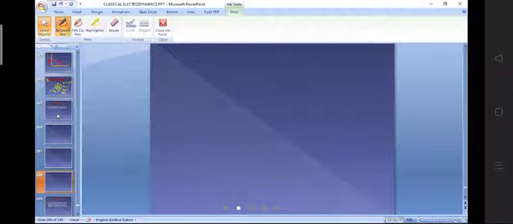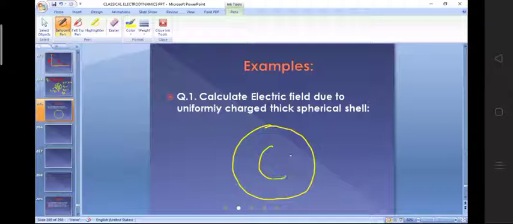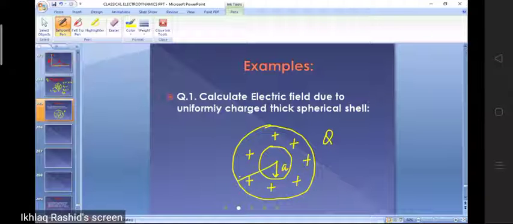Okay, so concentrate here. Now pay attention, beta. The exam problem is like this. This is a uniformly charged spherical shell. Like this it is. Fine. And hence here it's uniformly charged. Suppose the charge that is given to you is equal to Q, and the inner radius is given to you, equal to A, and the outer radius of the spherical shell is equal to B.